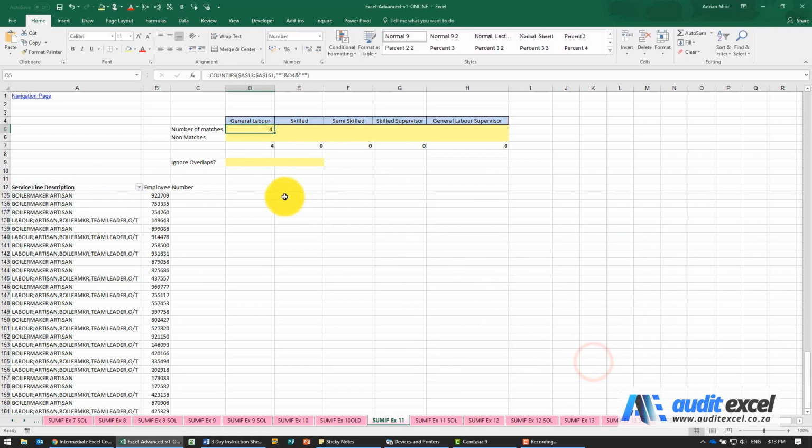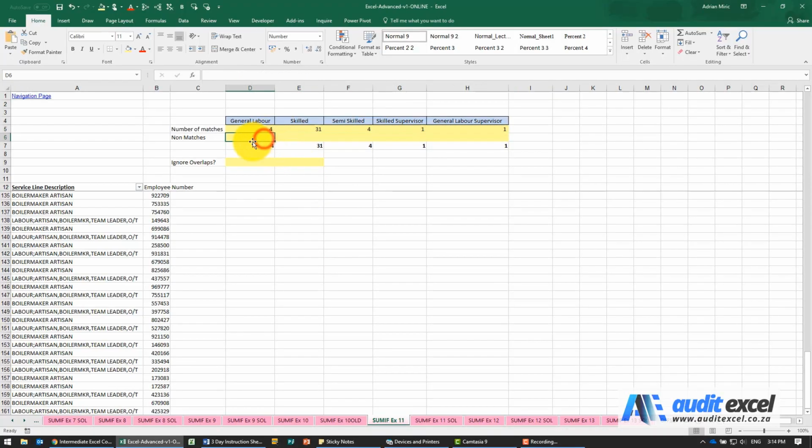We say OK, and it tells us there are 4 cells, 4 people who match just that description. If we've done the dollar signs correctly, I should be able to copy it across, and you'll see there are 4 people that are general labor, 31 skilled, but we must be careful because the chances are in that 31 we've counted the semi-skilled and the skilled supervisor. And same here, these 4 probably contain this general labor supervisor.